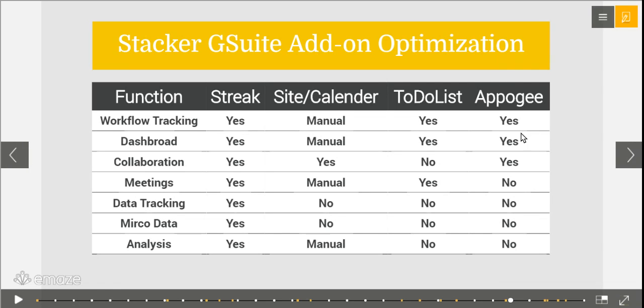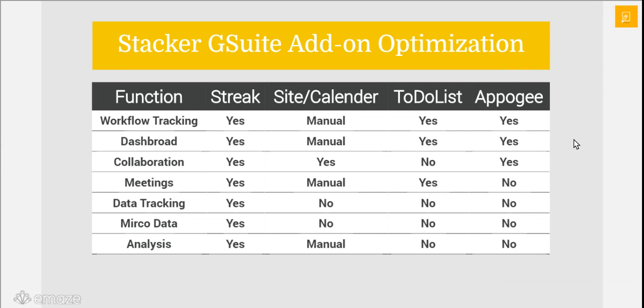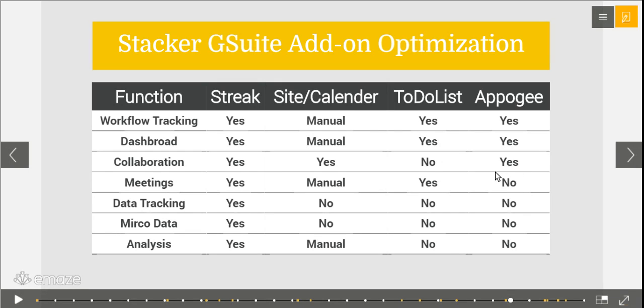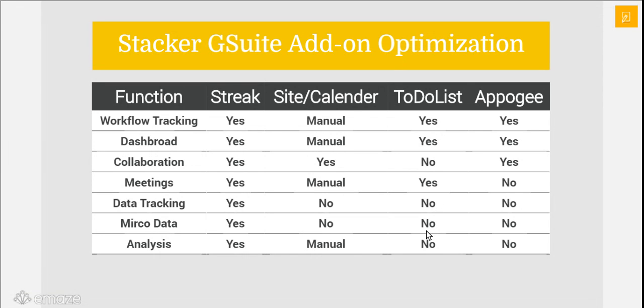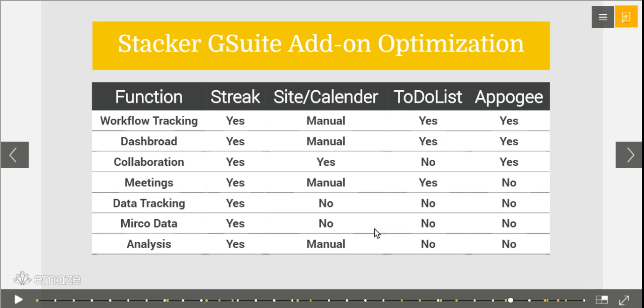But like I said in the previous modules, this is usually not a very good option because it's limited to users. And if you look at the chart, it doesn't meet half of our data tracking needs. So it only has the collaborative aspects, but it doesn't really have our data tracking needs. The same thing with to-do list. To-do list is also very good with collaborations,